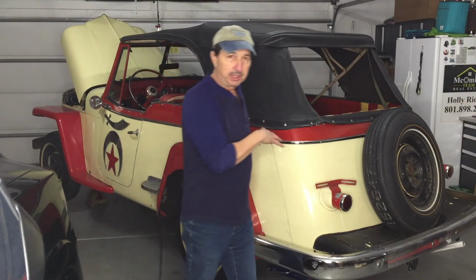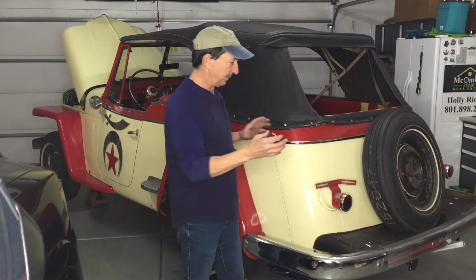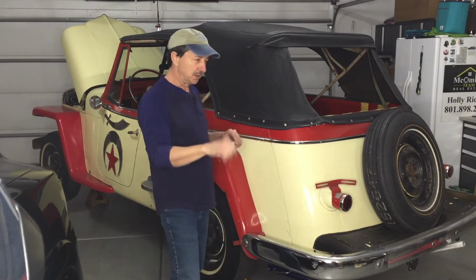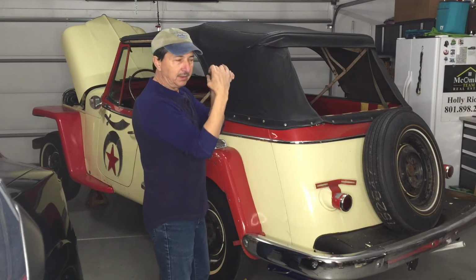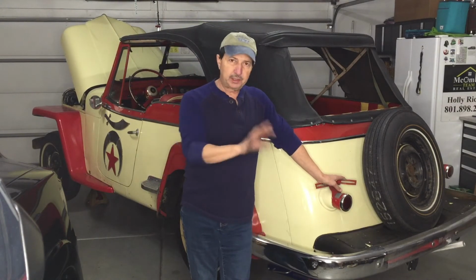I don't want to start this up in my garage, but normally I would take it for a test drive and I would put it in gear, put it in drive, put it in reverse, put it in drive, listen for any clunking noises. That could be an indicator of sloppiness in your end or your transmission, or maybe in the U-joints of the drive line. So you want to check those. And while it's in the air, I can easily get underneath and twist that. Twist it, listen for any movement, any sloppiness in any of those joints. Once you've taken the car for a drive, check your brakes, check your steering, really get a feel for the car,